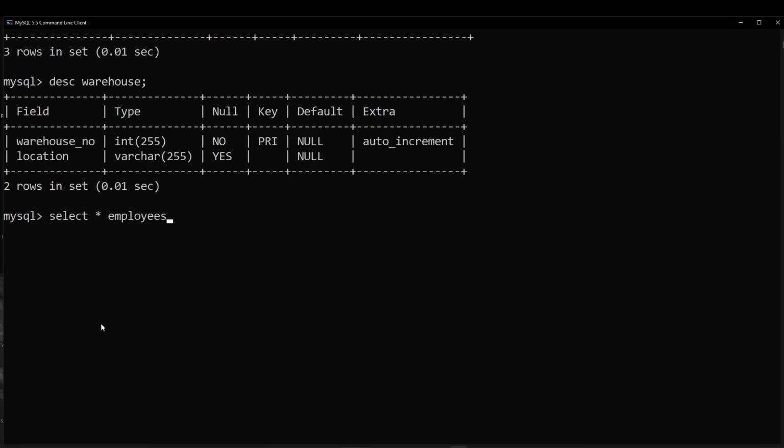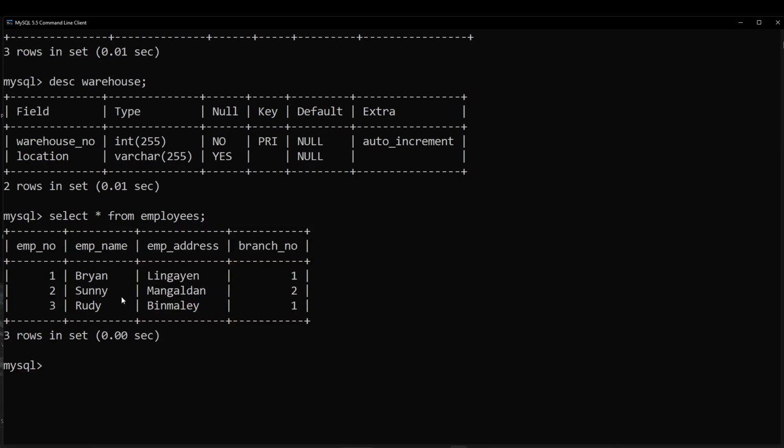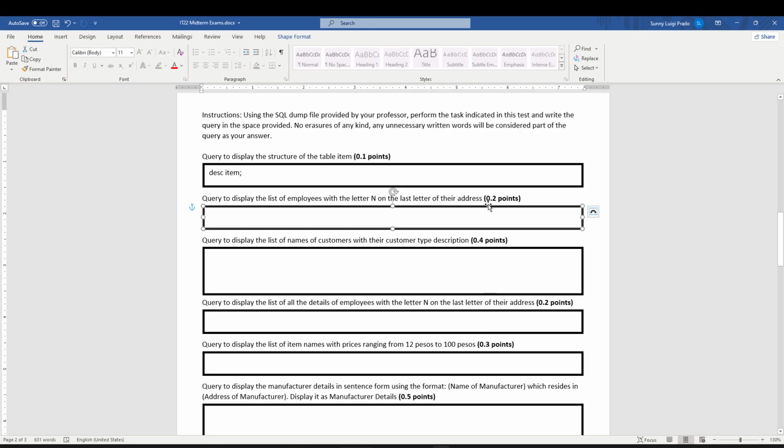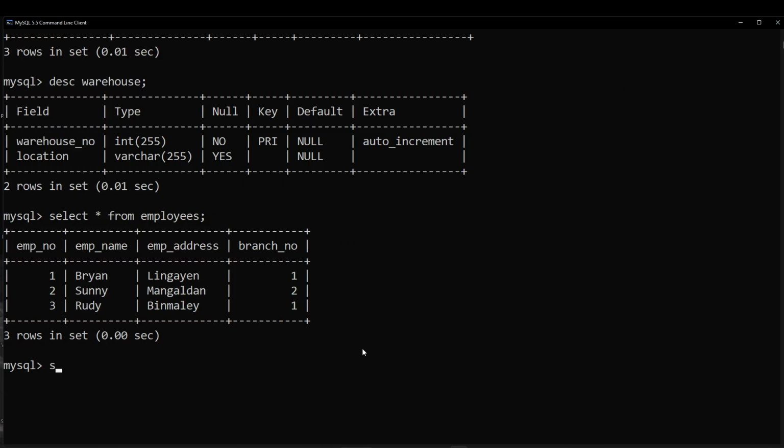So select asterisk from employees. And there we go. We have three rows in this employees table. So the task is to display the employees with their address that ends with the letter N. So we'll just be using select